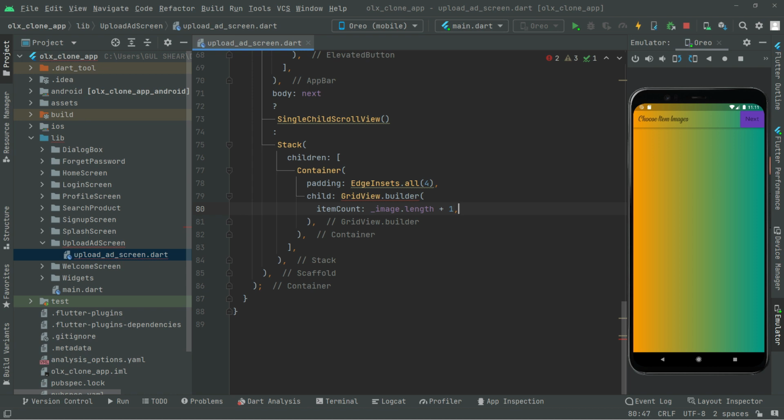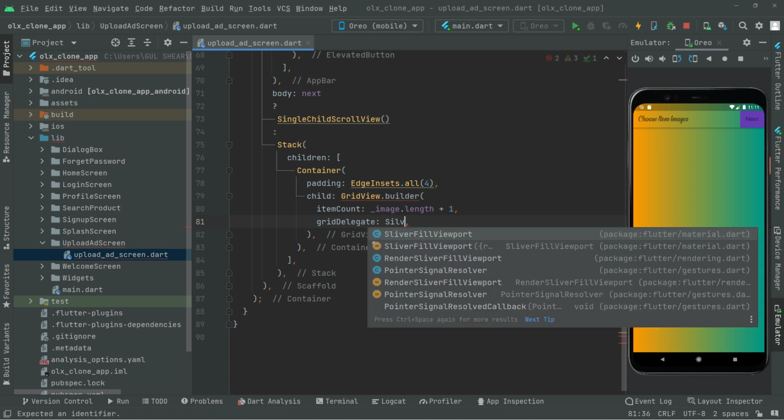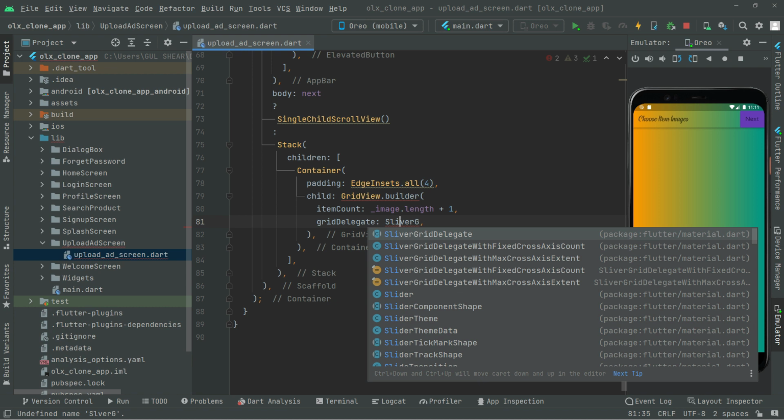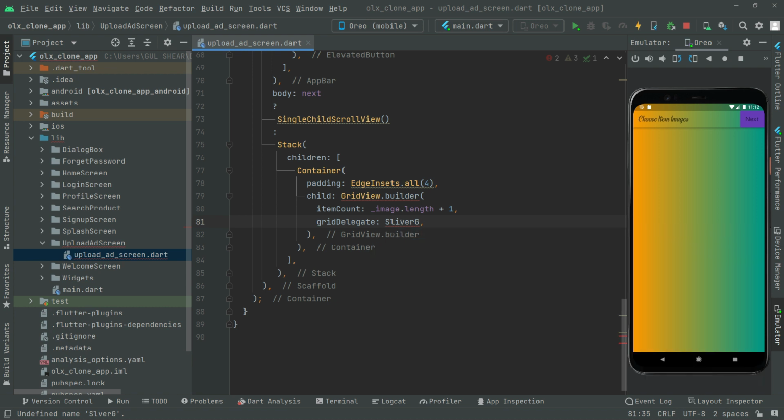Now in here below, we will take the grid delegate. Okay, now in here we will say Sliver, let me just write it first, Grid. In here make the spelling right, so remove that I from here and put it here. Now you guys can see the suggestion, that second one. Okay, take that in here,